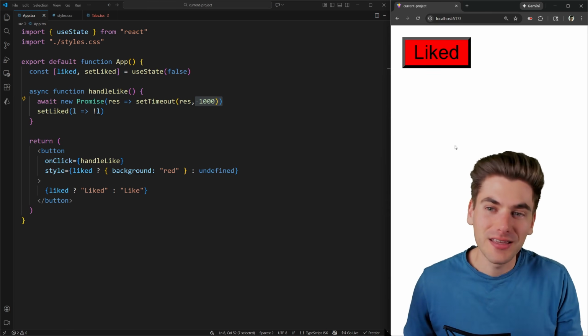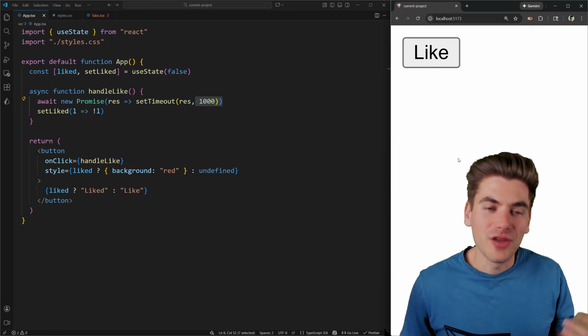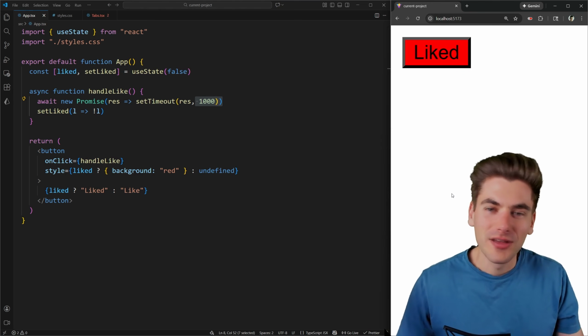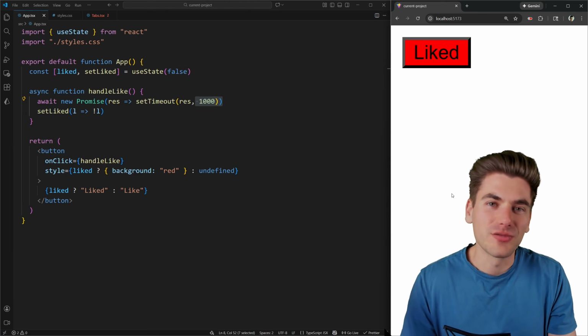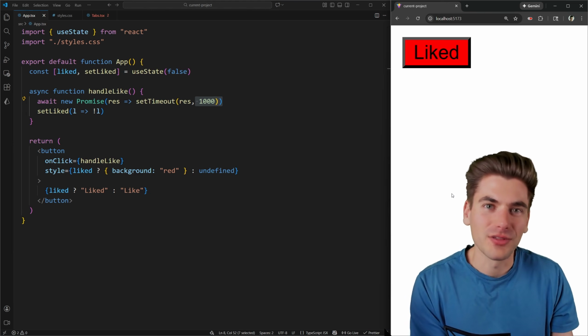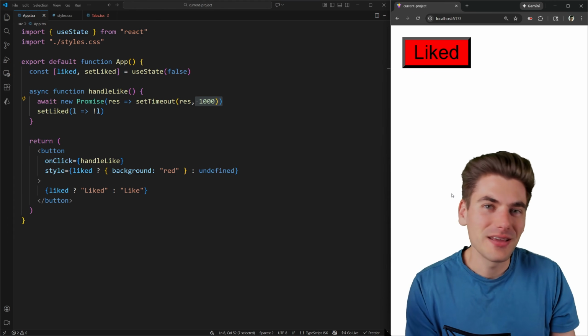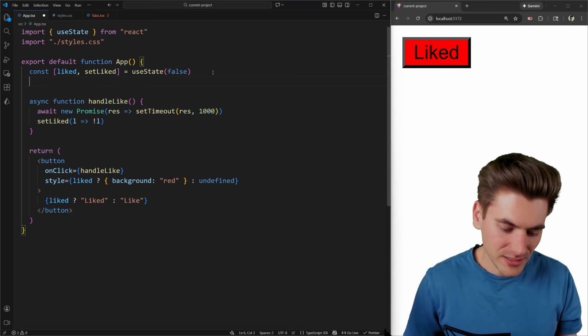And if I click on it again, there's a full 1 second delay. And if you're a user of this application, you may click on this multiple times because it's taken a while, and you'll notice it then quickly flops between different statuses because it's queuing up all these different things to happen one after another. This is where optimistic updates can come in, and luckily there's a hook, useOptimistic, that makes this